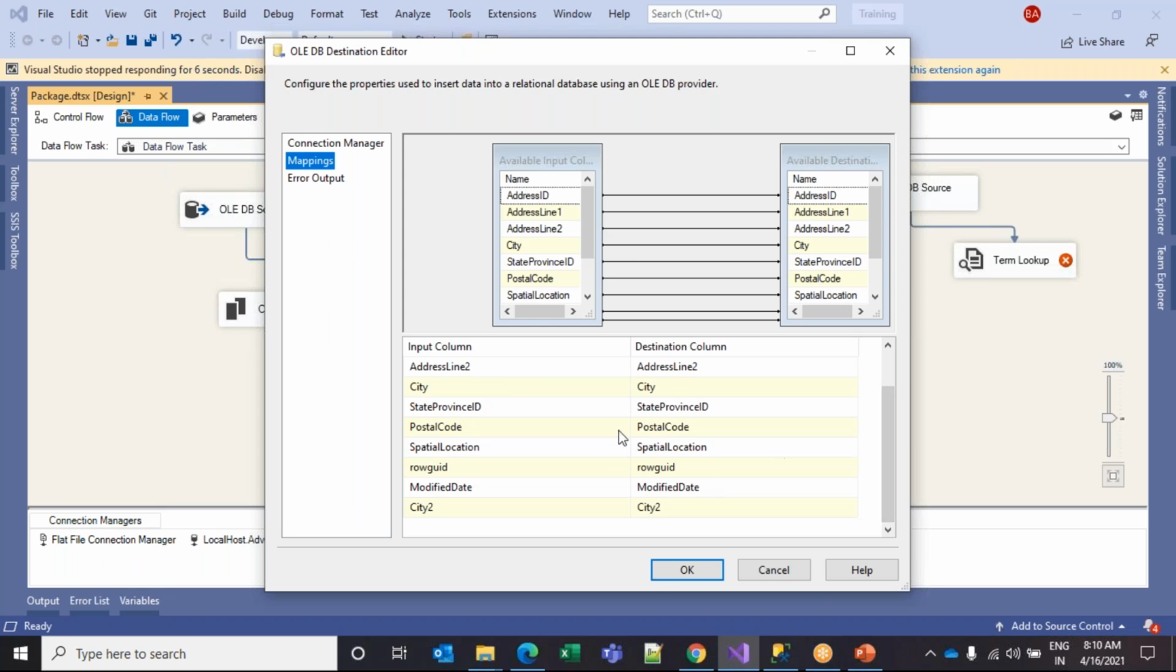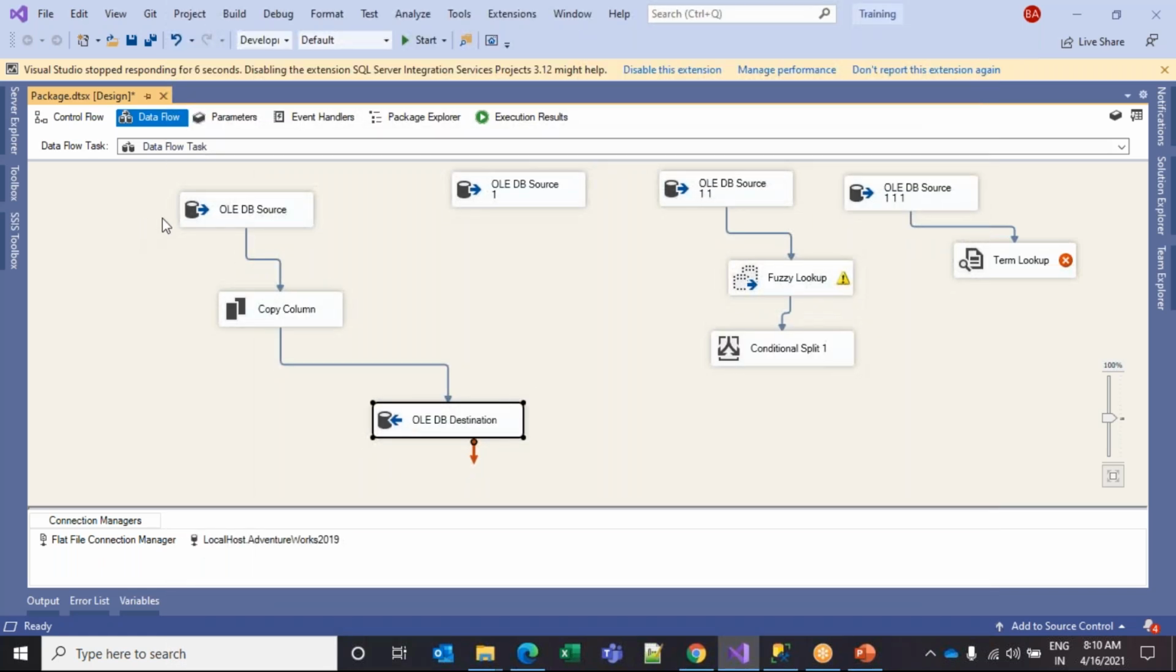Column mapping is done. Even if the column names are the same, you have to go to this tab and ensure whether they are correctly mapped or not. Okay, so put OK. And if I run this,